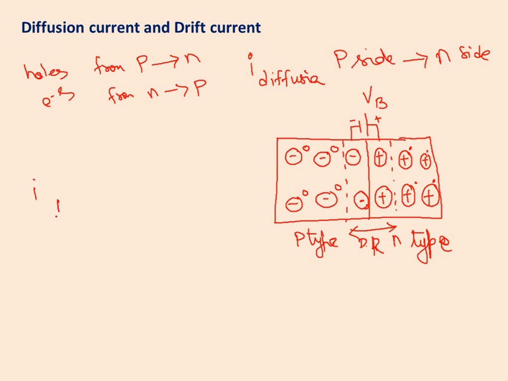So drift current will be opposite of the previous, from n side to p side. Just now we have seen how it is happening. If an electron hole pair is created in this depletion region, what happens in that region? The electron is quickly pushed by the electric field towards the n side, and the hole towards the p side. There is almost no chance of recombination of a hole with an electron in the depletion region because of the existing electric field, the pseudo battery, right? That was the reason. Are you getting the point here?